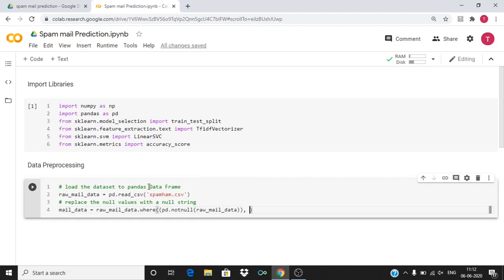You need to represent the empty string here, which is done by putting double quotes. Go ahead and run this. This replaces the null values with a null string.